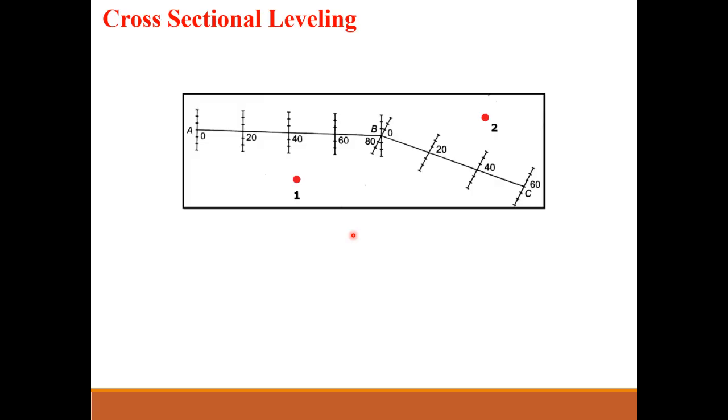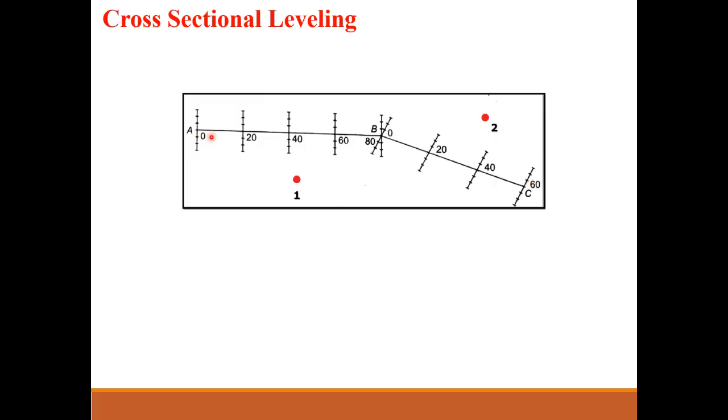This is the plan view of the cross-sectional leveling. There is a slight difference between the profile and cross-sectional leveling. Profile leveling is in the alignment, in the direction of length, you can say. If any project like road or canal or sewerage line or water supply scheme, these are the examples of the projects in which the length, or you can say the longitudinal direction, is much greater than the other two dimensions. In that case, we use the term longitudinal leveling along the length.